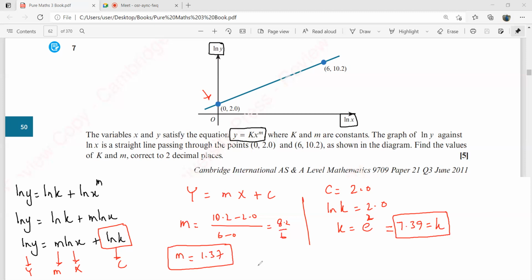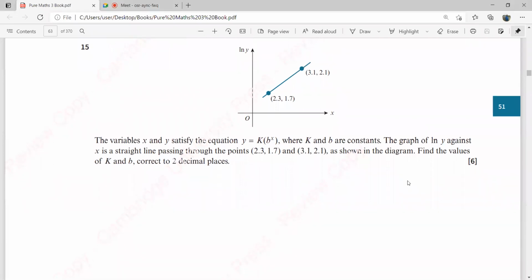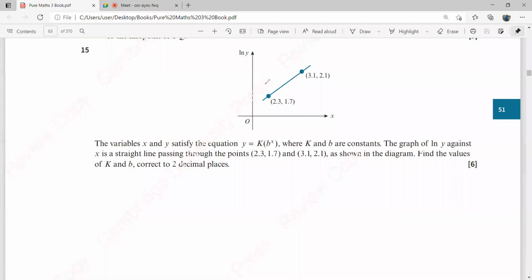Okay. Now let me see if we have one more question from past papers. Now this should be the last question of our class today. Okay, let's try this. Look at this question again. This is the non-linear equation here, and we have a line here. So when we have to convert this non-linear into the linear equation, this is always a clue for you. Okay, so we start by taking natural log on both the sides.